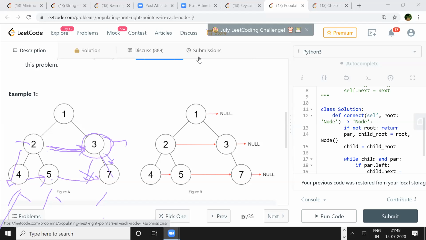Like in this case, if you have so many of them, you will have many of them, but you are always visiting only 2 levels, right? So when you are visiting 2 levels, I already constructed this link. So in this level also, you have already constructed this link. So you come to level 3, and even if there are many nodes in between, you always know that there is a way from 5. If you go to next of 5, it will point to 7.